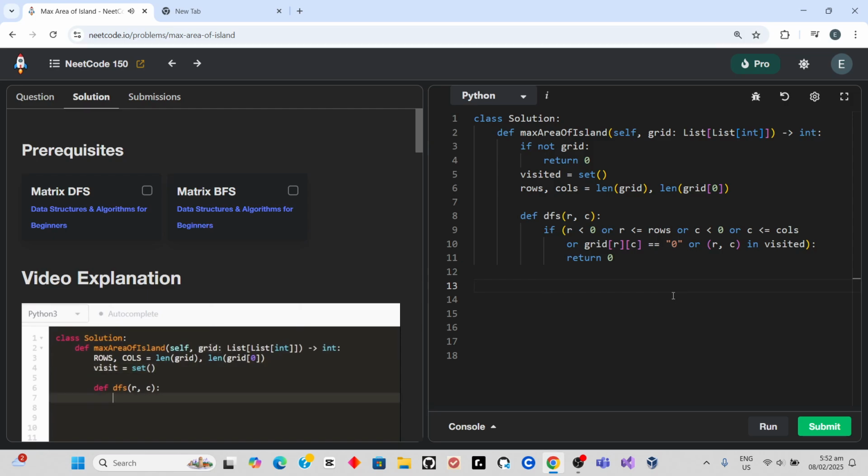And with DFS, we always want to handle the base case first, with all recursive functions. One base case is if we go out of bounds. How do we determine that? Well, if row is less than 0 or row is too big, it'll be too big